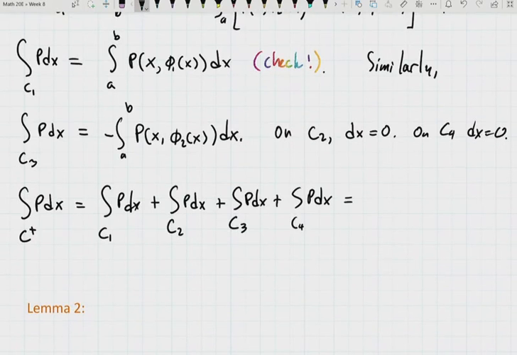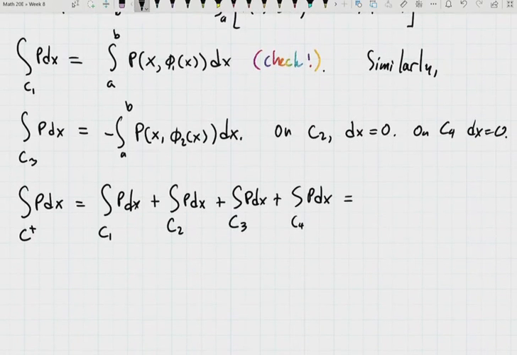Okay, so the first two of the terms are 0. Right, this one's 0, this one is 0, and the first and third we just computed